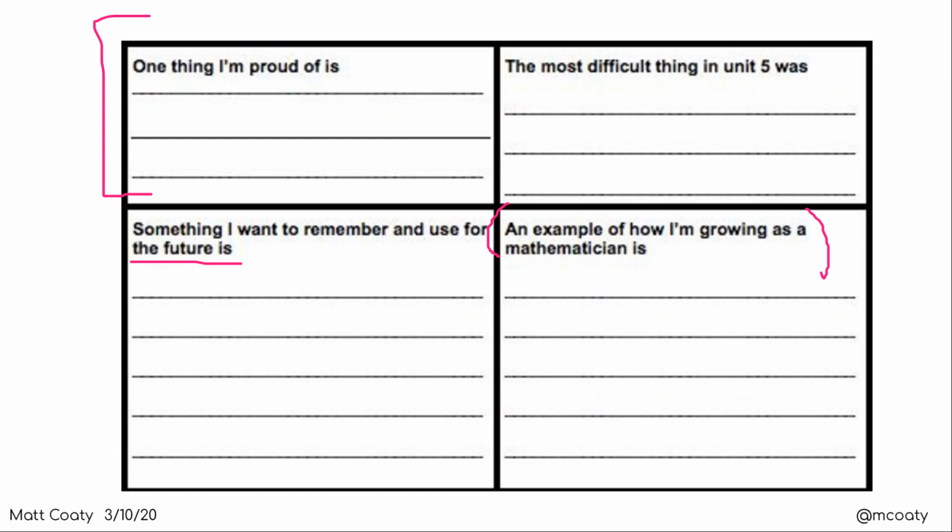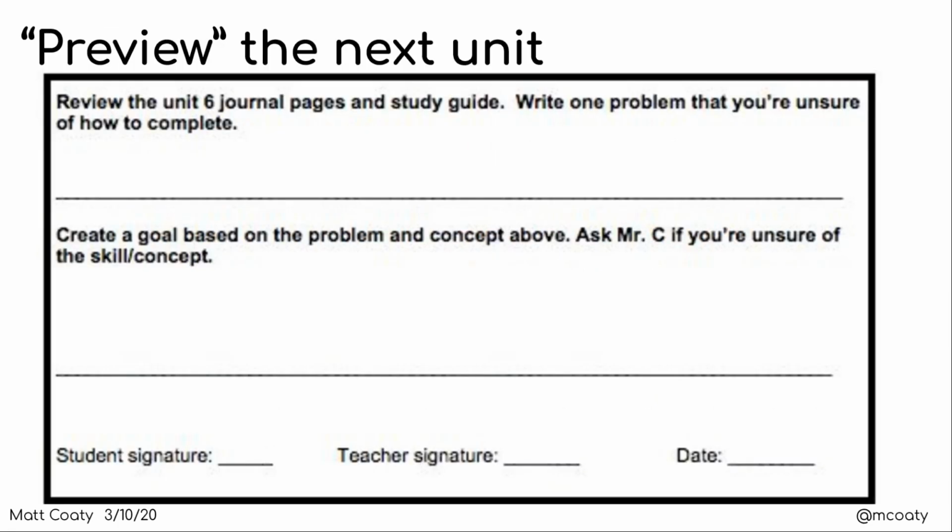I'm fortunate because I get to loop with some of my students, so sometimes I have three years' worth of this. It can be a great tool to show that growth. So in moving towards goals, after we finish a unit, I actually have them look at the next unit. So they preview the next unit. They look in their journal. We use a consumable journal and study guides, like a pre-test basically. And then they look through that unit 6, or whatever the next unit is,